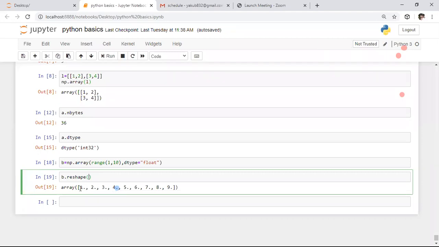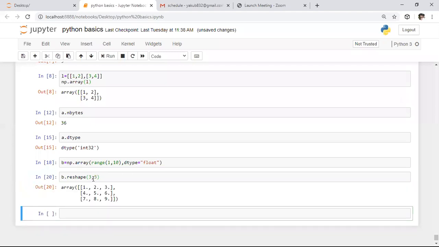Here it is a 1 cross 9 array. I want to convert this 1 cross 9 array into the form of 3 cross 3, so for that purpose I'm saying 3 cross 3. Whenever you apply 3 cross 3 on it, this array will be converted into the form of 3 cross 3. If you want to change the rows and columns of any matrix, we need to use the reshape function, in which we specify the desired dimension.